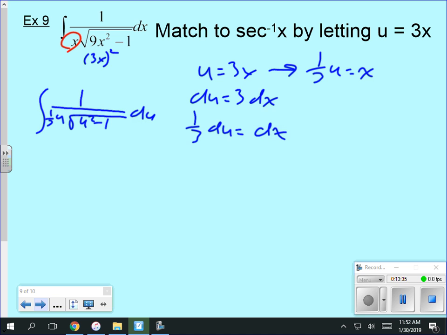To make my life simpler, take that 1 over 1/3. Well, what is 1 over 1/3? 3. Pull it out front. So I get 3 times the integral of 1 over u square root of u squared minus 1 du, and the antiderivative of that, yes,